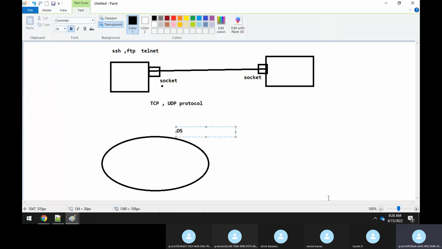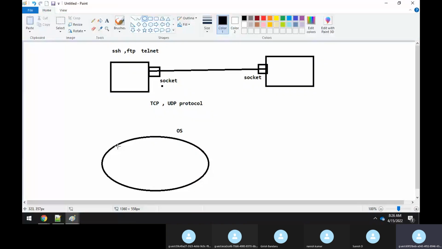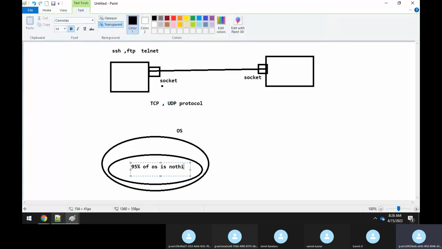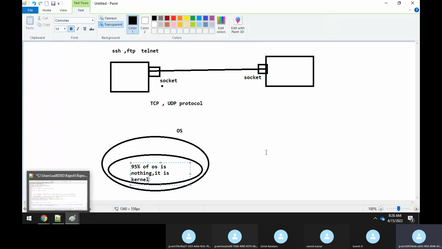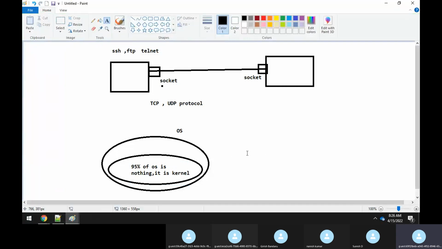But within the OS, the 95% part of the OS is nothing but the kernel only. Please try to understand. So if I say kernel or the operating system, it is one and the same.